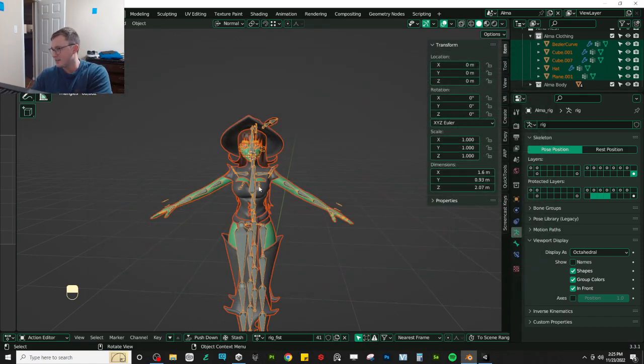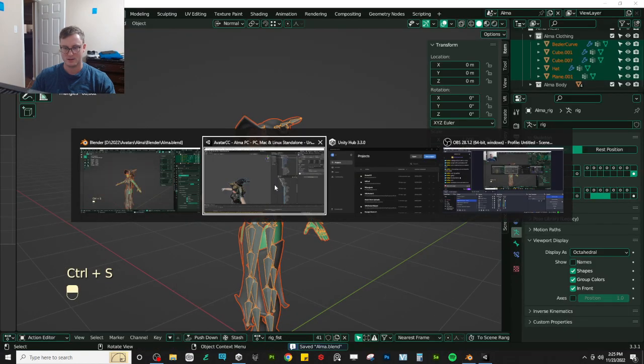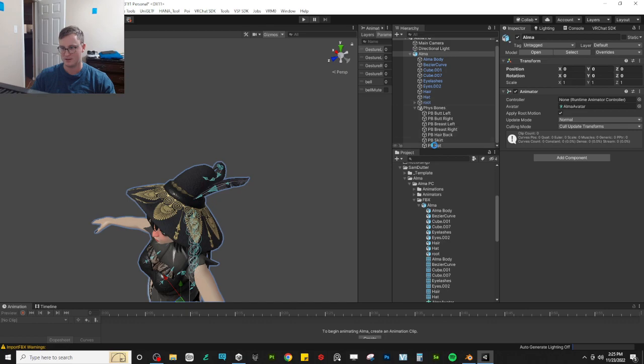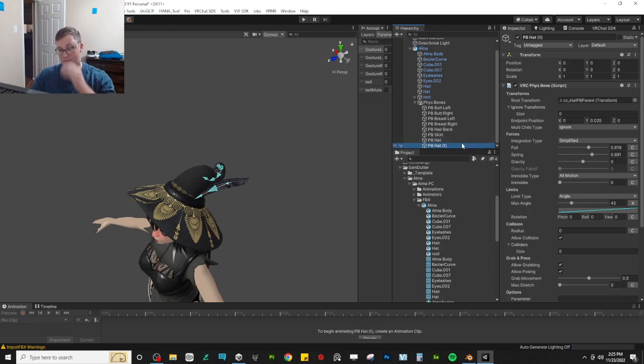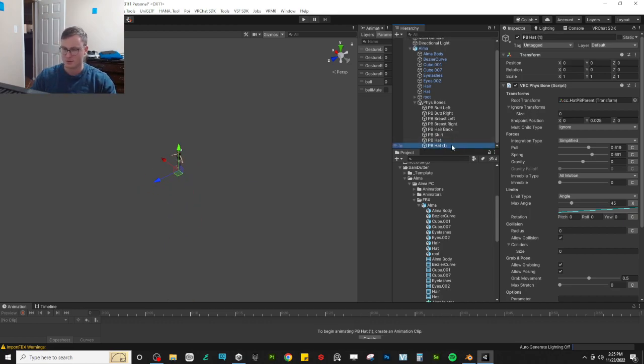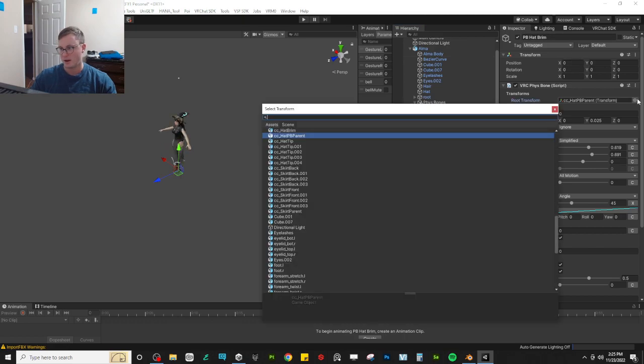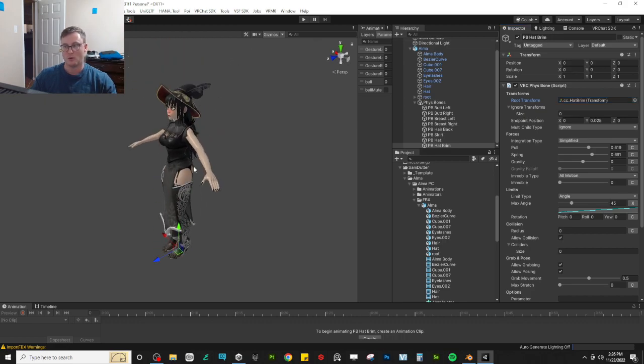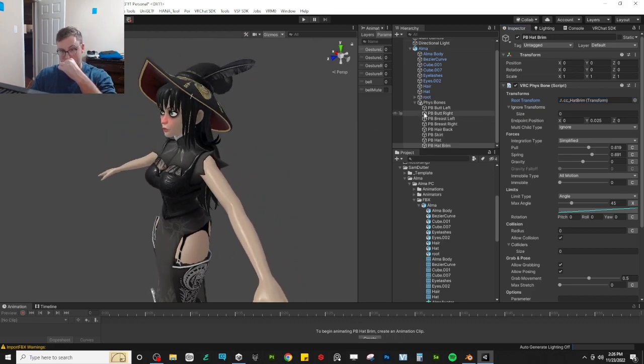Also, have I told you about Auto Rig Pro? So I got Auto Rig Pro recently for Blender. It's like a paid add-on. It's about 20, 30 bucks or something. And it's super cool. It takes some getting used to for sure. But I do think that it has been well worth the investment because